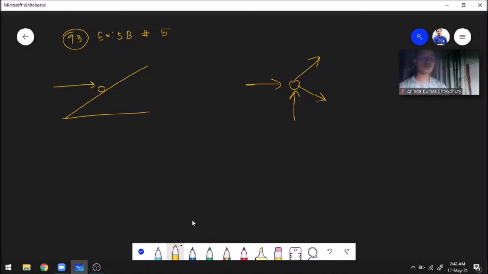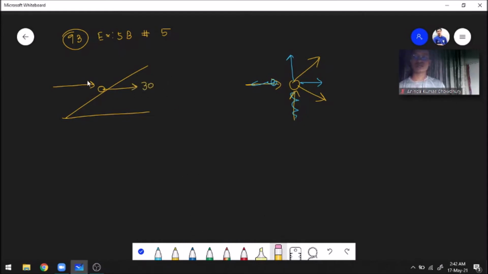It is better to follow a single convention, that is, instead of drawing it here, you draw it here. Instead of drawing it here, you draw it here. Okay, then you have all these forces in the same direction going away from the particle. It will be easier for you to find the components. So that being said, the force is given here like this. So I will not follow this convention. I will draw my force away from the particle. This 30 newton force right here.